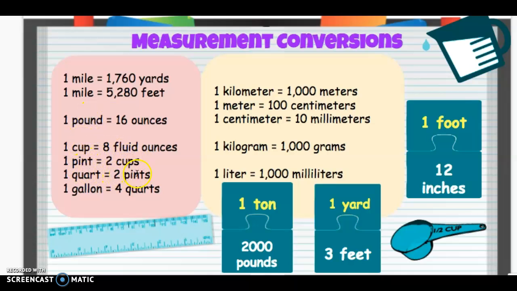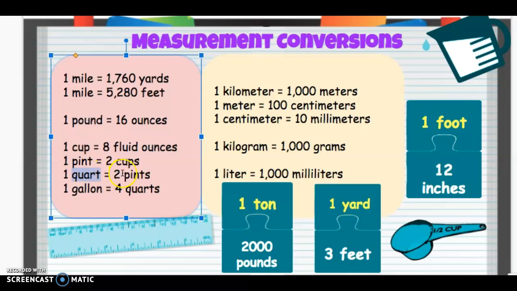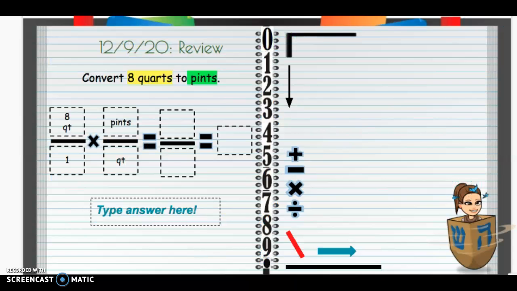Quart and pints. So in 1 quart, you have 2 pints. So one quart is 2 pints. So we cross off our quart, cross off our quart,